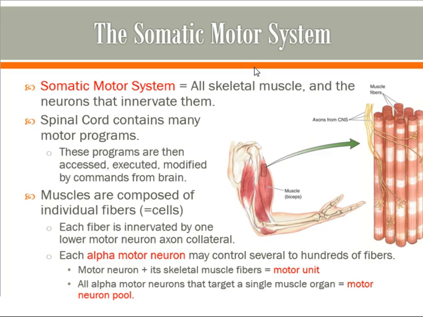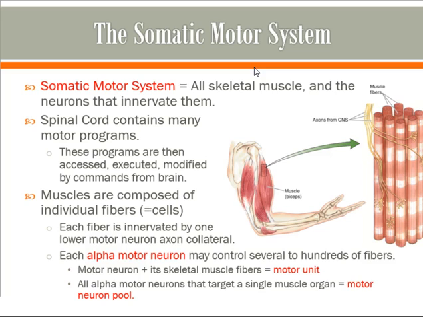A lot of times, for good reason, we tend to think that a lot of the control of skeletal muscles originates up in the brain. And it does. We're going to spend all of the next chapter talking about how the brain controls motor actions and all the different nuances of what can happen, brain damage and such, which is kind of fun. There are all these ablation experiments to really get at how different parts of the brain are involved in motor output pathways. But this chapter recognizes that it's not just about the brain. The spinal cord directly does a lot of control of our actual skeletal motor output.